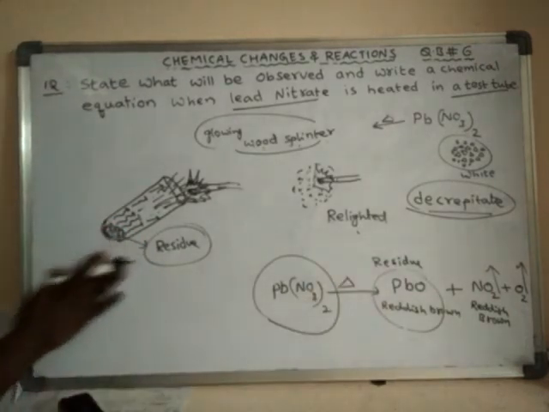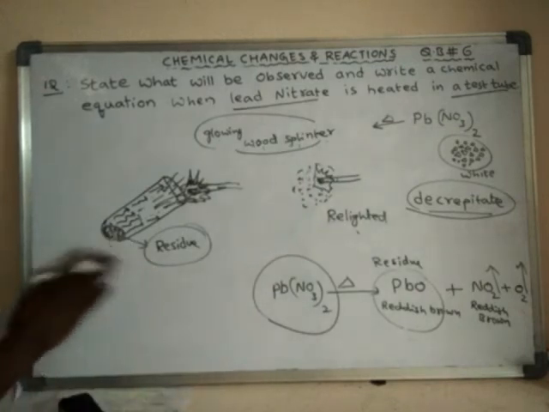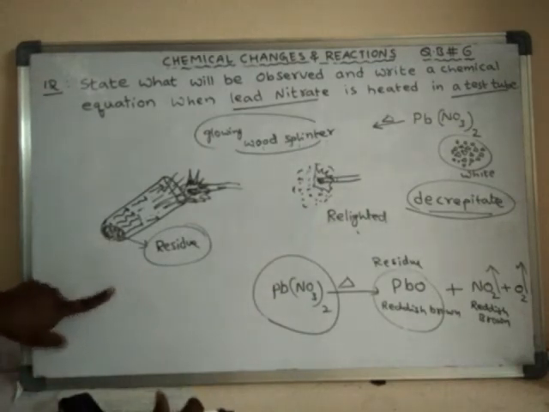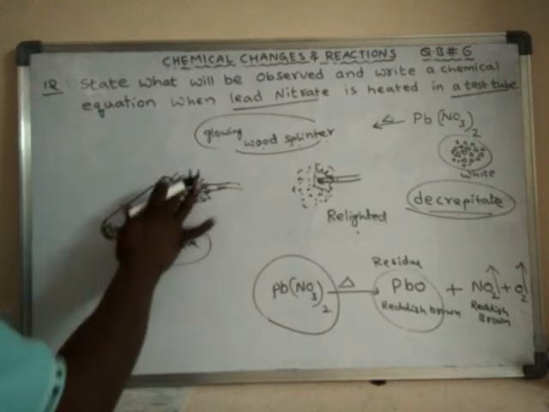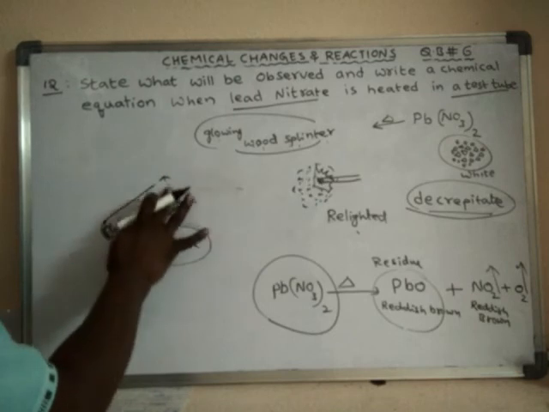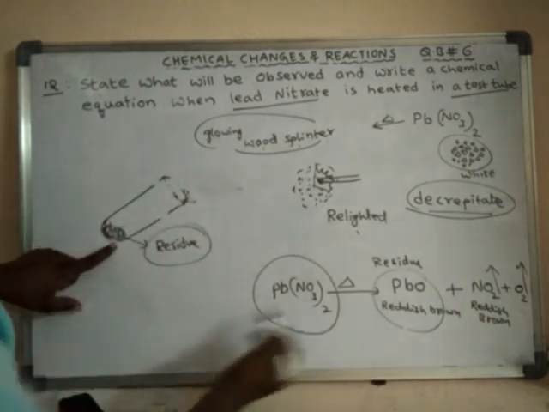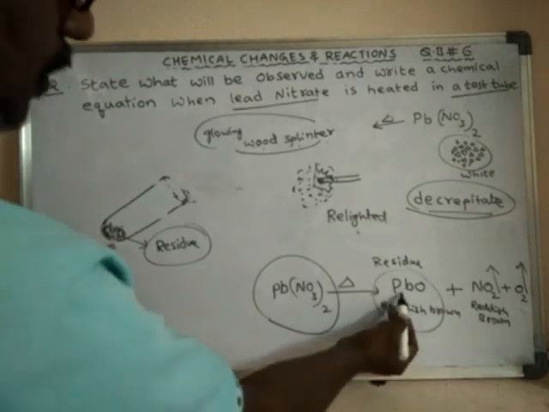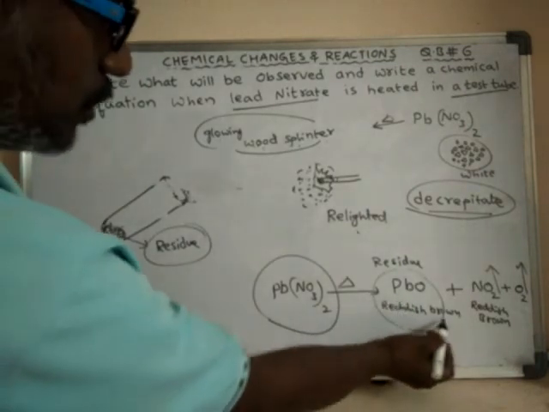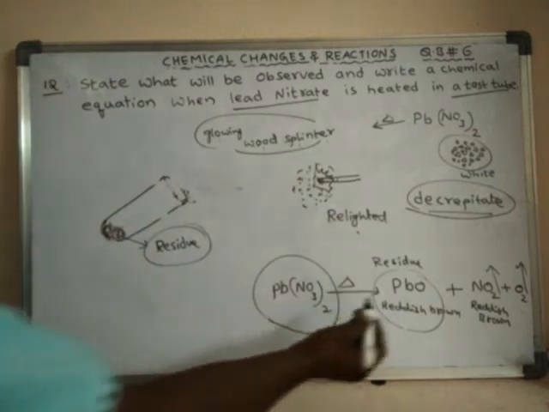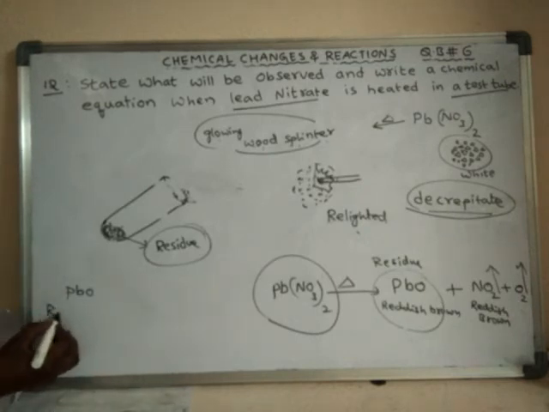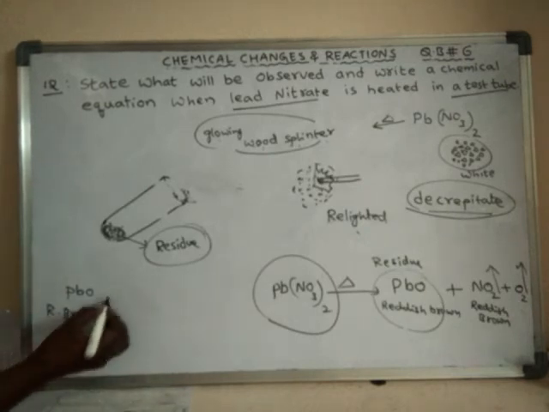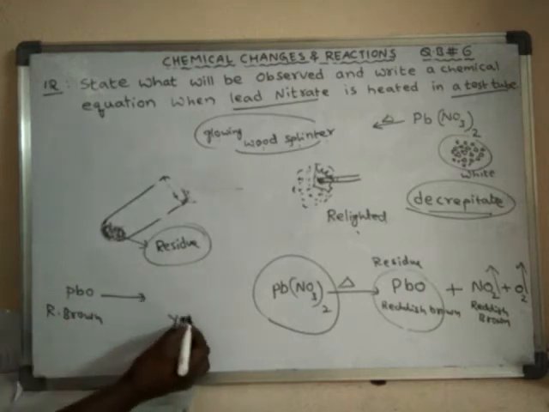After completion of this chemical reaction, just take out the flame and stop heating. All these gases will escape into the atmosphere. Initially, when the test tube is hot, this lead monoxide is also hot and it is a reddish brown color. Slowly after cooling, what happens? The lead monoxide, which was reddish brown in color, slowly turns into yellow color.